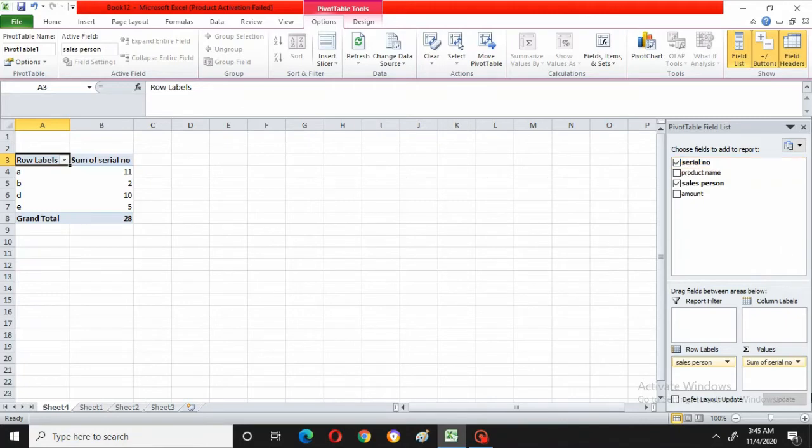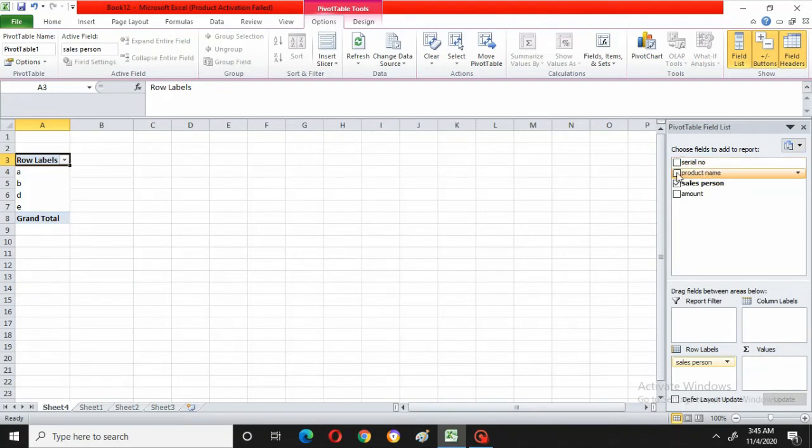See, why is it going into the values place? That means if any numbers are there, number fields are all stored in this. Can you see here? Sum of serial number, it is saying. Actually it is counting everything and giving. So we don't need this. I will take that out.